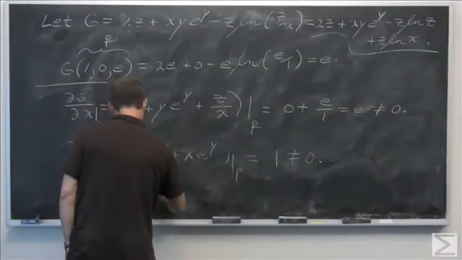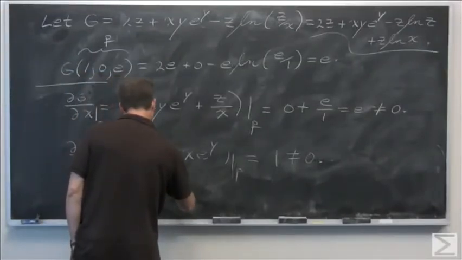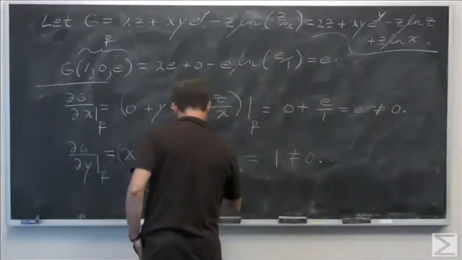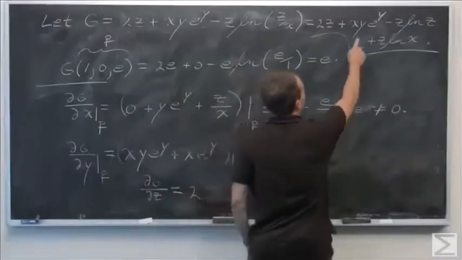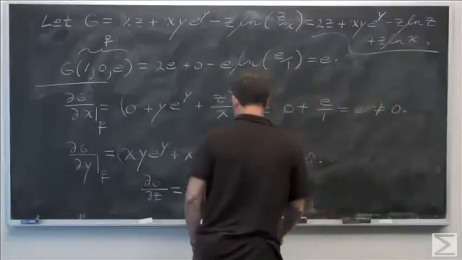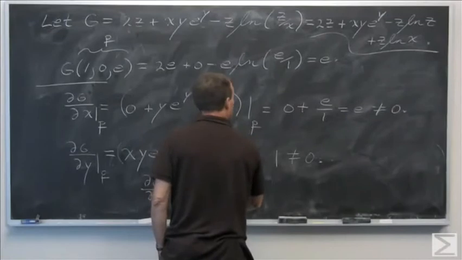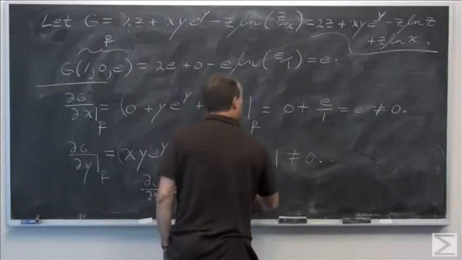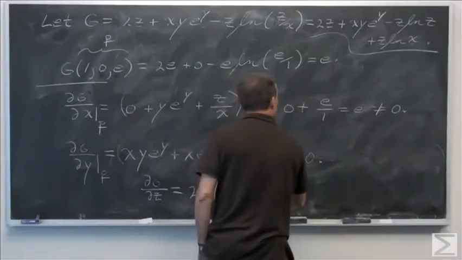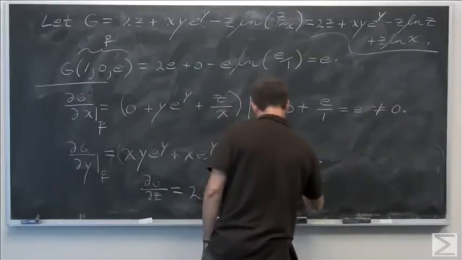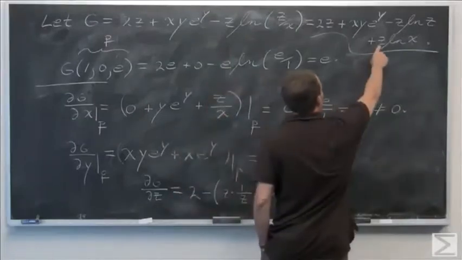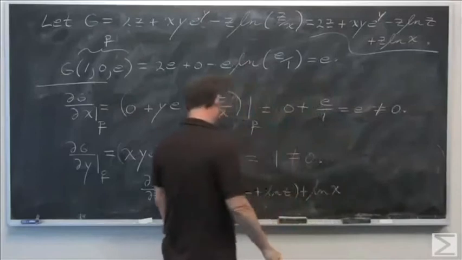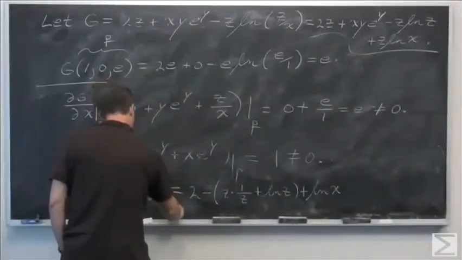The partial of g with respect to z is, all right, we get a 2. And then no z's. Here you need to do the product rule, so you get a minus. And then it's the first thing times the derivative of the second, plus the second thing times the derivative of the first. And then you also get a plus ln of x. If we evaluate at p,